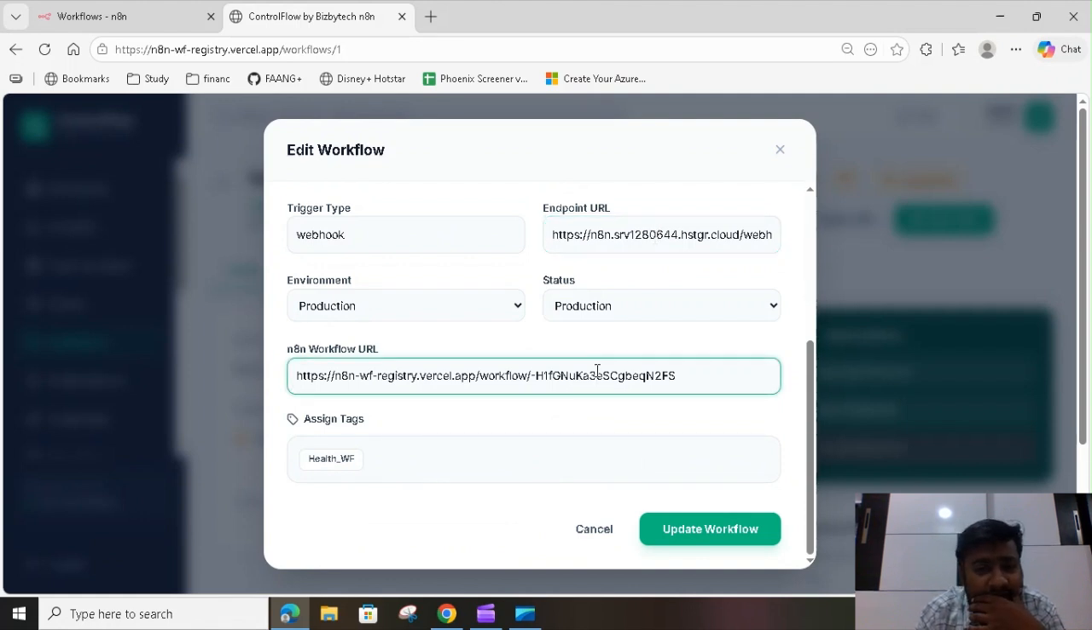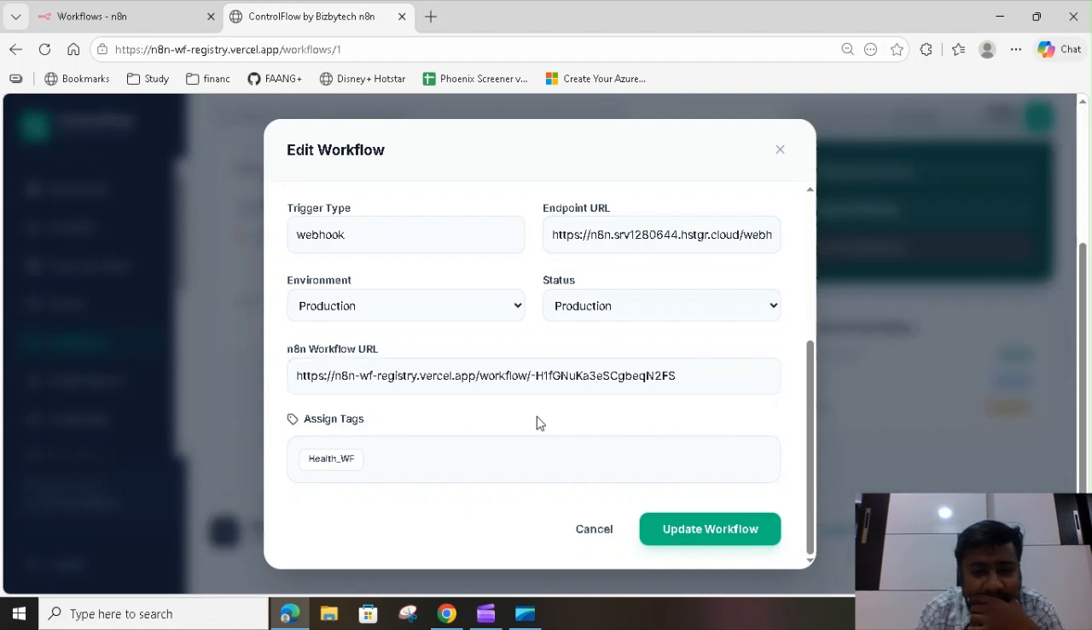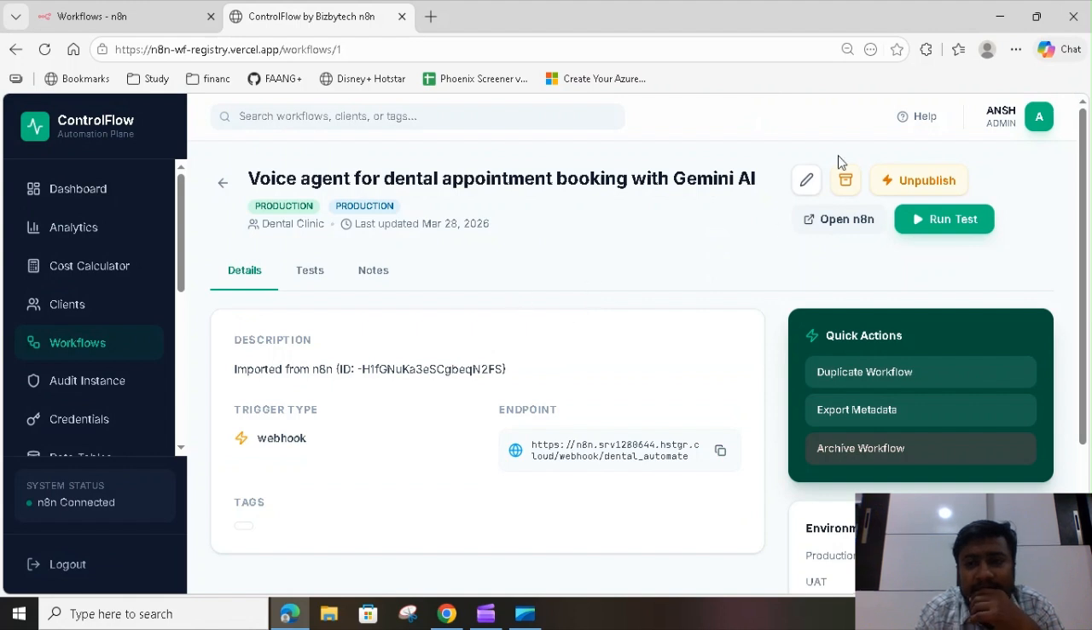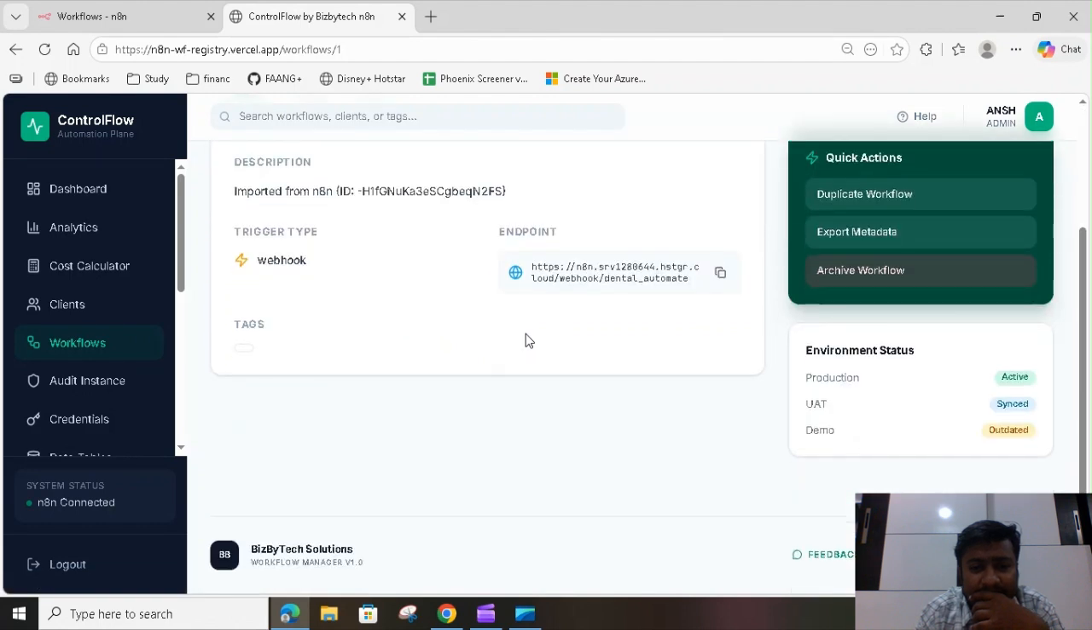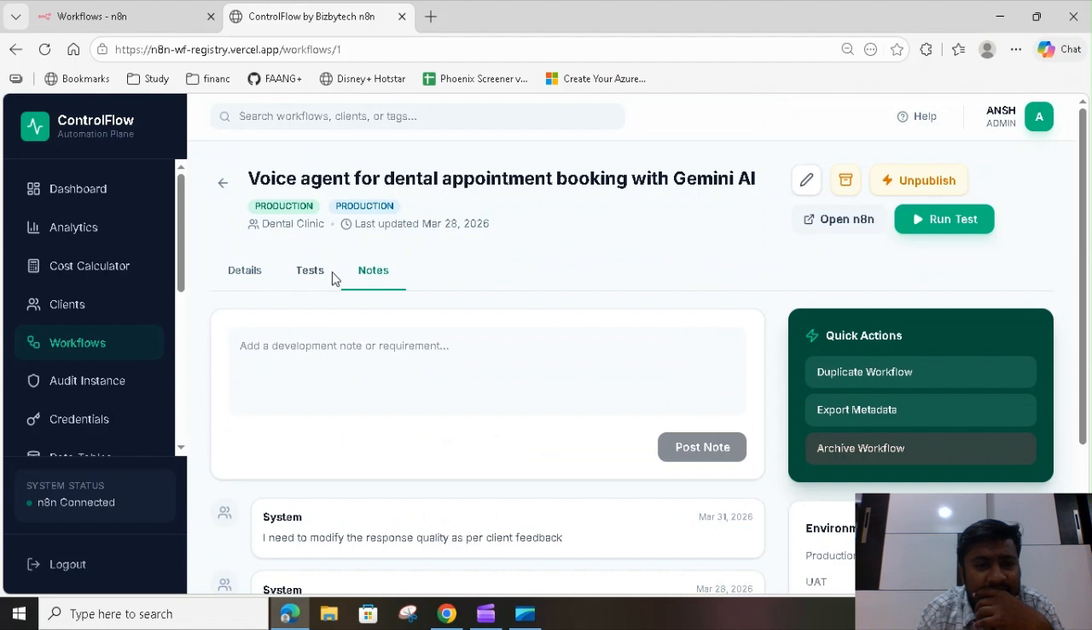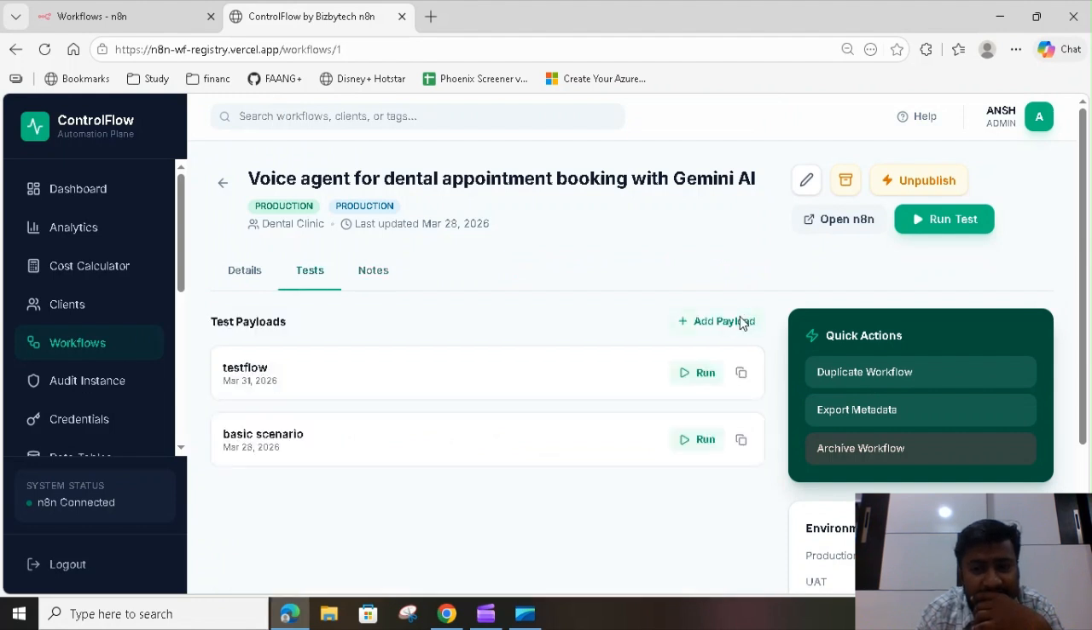This is the n8n workflows which already got fetched automatically by the system. So you can readily open the n8n UI also from here. They are providing a way to delete the workflow, unpublish it, run test cases, open n8n from here. We have two tabs, tests and notes. So we can even create multiple test cases using this add payload